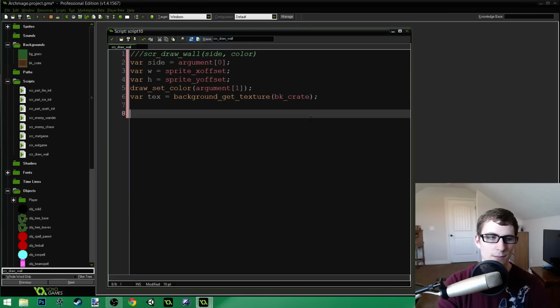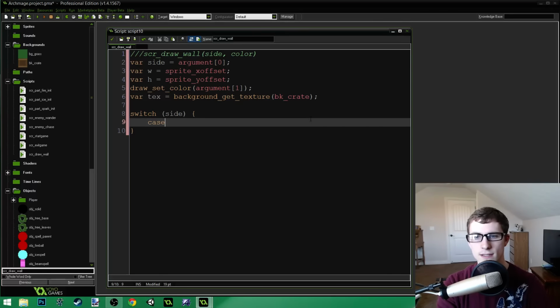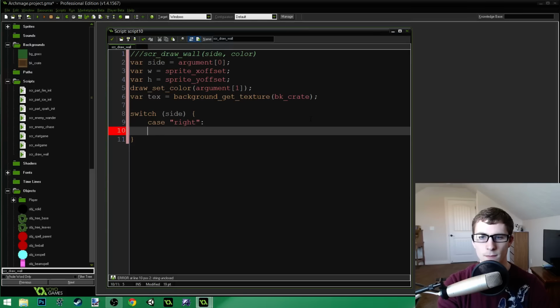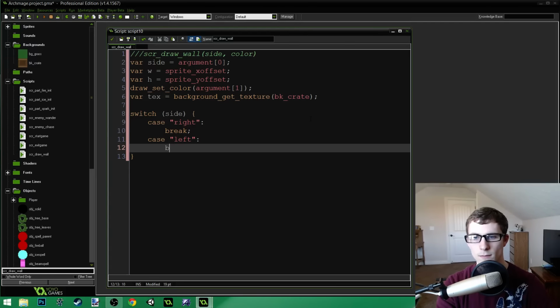now is the complicated part. So we're going to do a switch statement, or we're going to switch on the side. So depending on which side, we're going to have obviously 4 cases. Case right, break, case left, break,